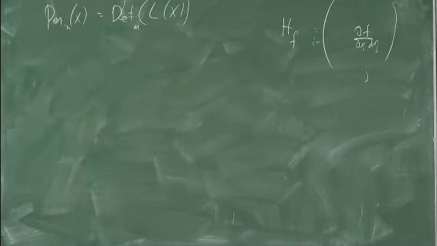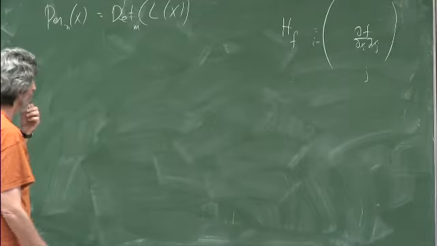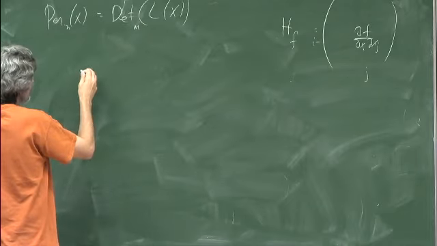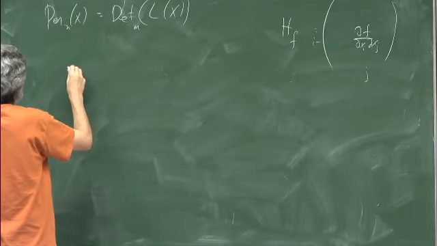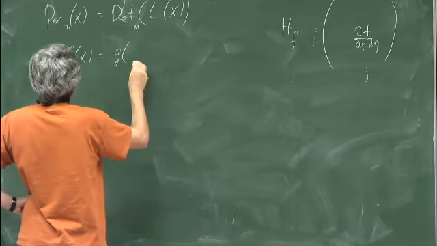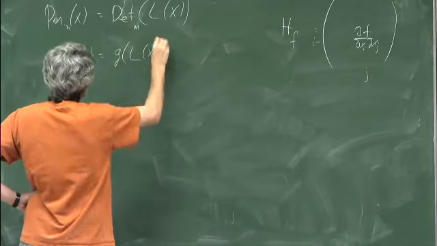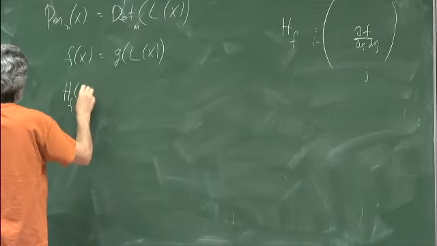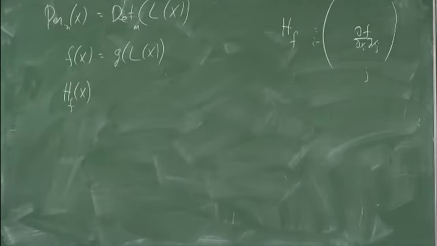Well, that's what we use as a progress measure on linear projections. It turns out that in general, if you have a reduction like this, so if f of x is g of L of x, then the Hessian of f at x is